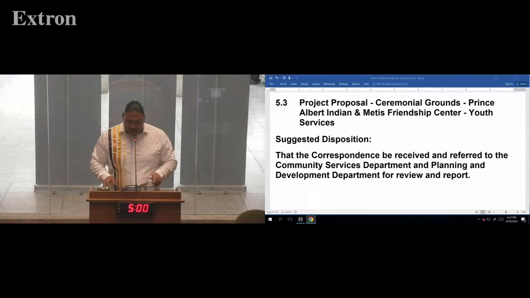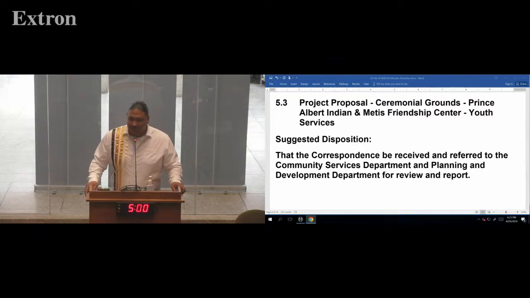So I've worked on a project proposal, and what we would like to see is partnership, not only with the city, but other organizations within the city, to help spearhead this and make this a reality. Just to touch base, we're not only going to be addressing the 94 calls to action within the city, but we're also going to provide a safe place for our youth and our families to come and